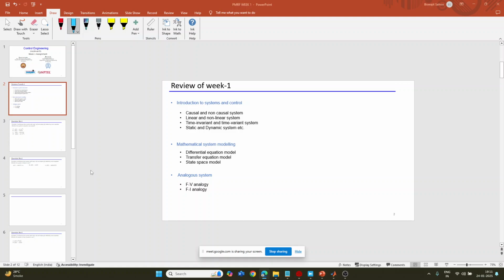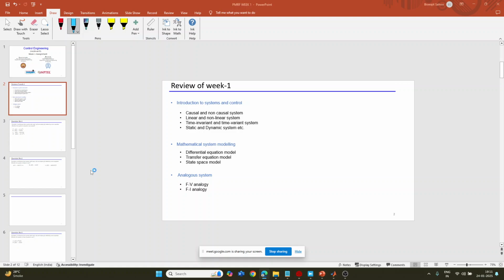So how do you model that plant or system using equations? There are lots of methods, and three are defined in the lecture. One is the differential equation model. Another is the transfer function model, where you develop the relation between the input and output, the input and the disturbances, and so on. A system can be a single input or a multi input system.